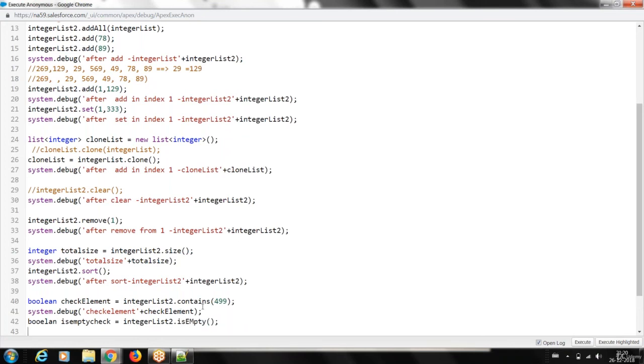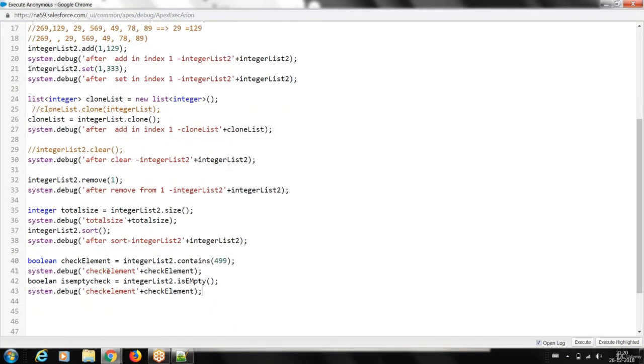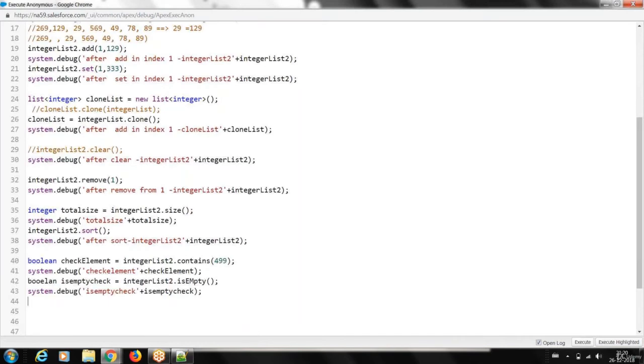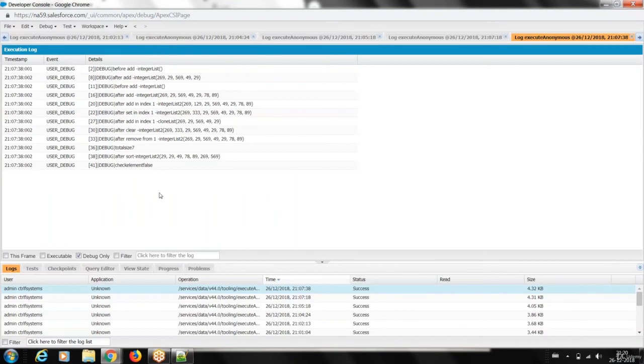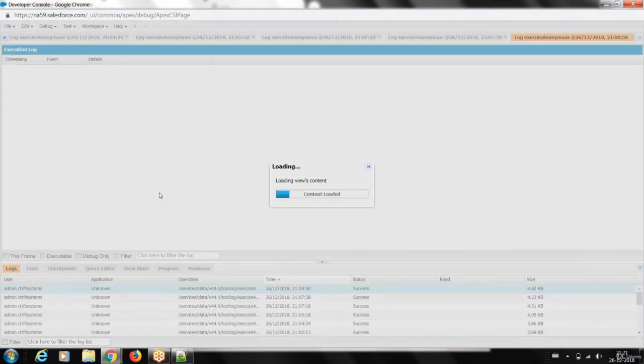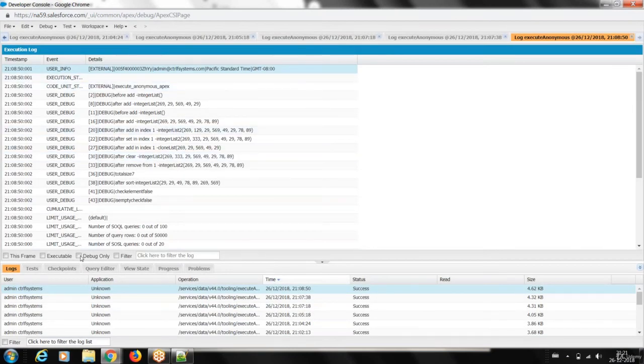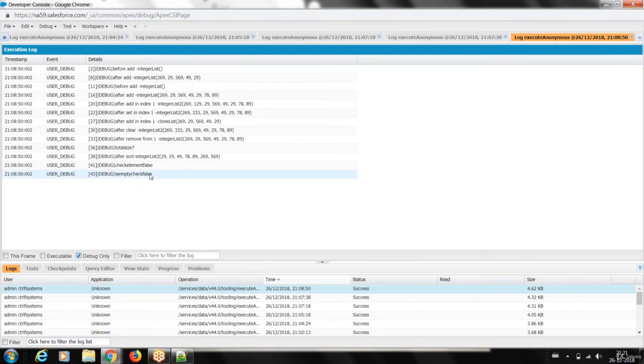So now see, if I print this boolean flag here, if I do the isEmpty check, it is not empty. The moment I clear it, if I go and execute it, I have a typo here. Let me do it boolean. Let me execute again. If you see here, let me open the log. I will explain this developer console completely later, but now we are focusing on the specific part. It's not empty, so I'm getting false.